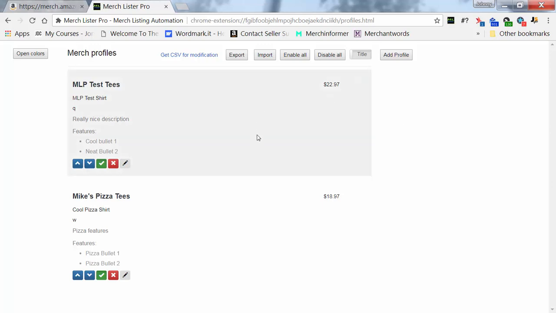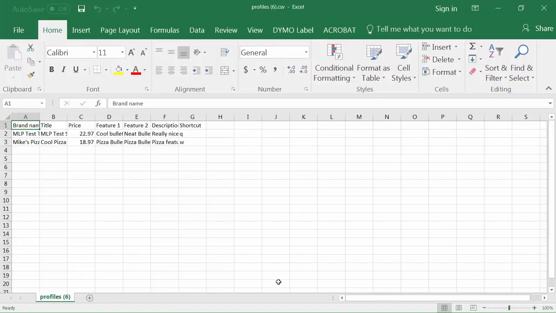And so if you want to put your profiles onto another one of your computers, you'll actually have to export that and then email that CSV file to yourself and then import it. So let's do that. Let's go ahead and open this up, and we're going to add another couple profiles. So we're also opening it up for a shirt for Paul's Tire Shop,